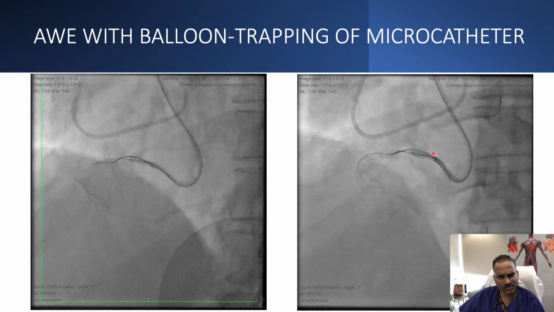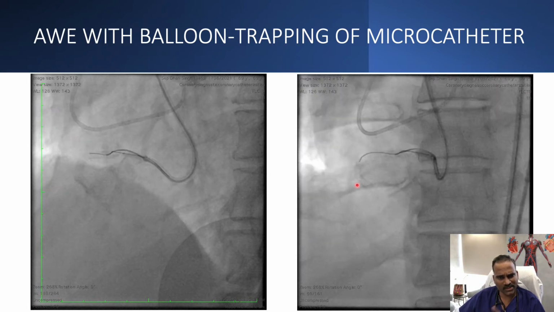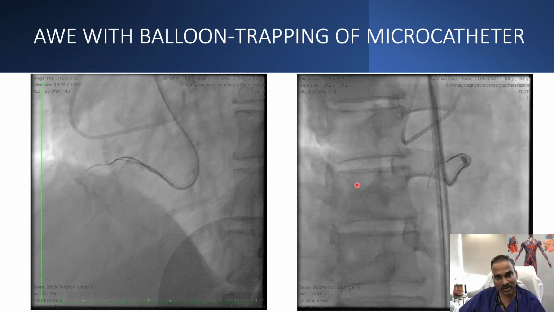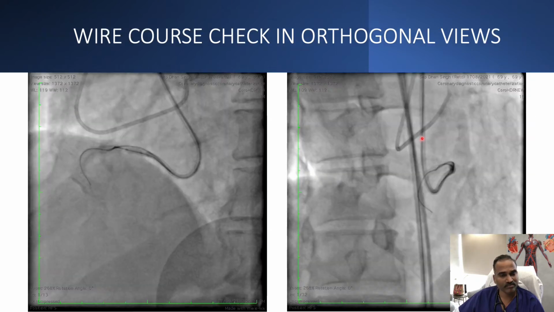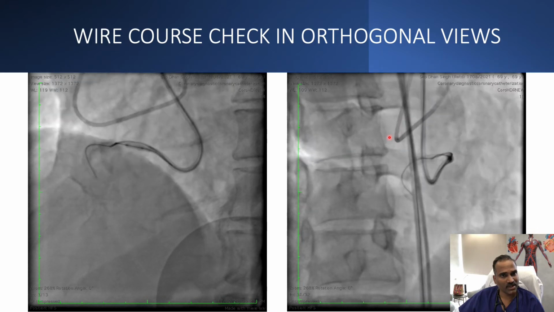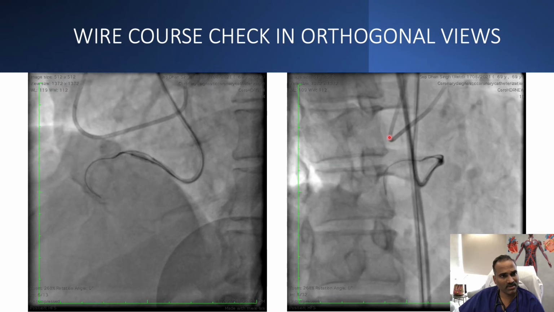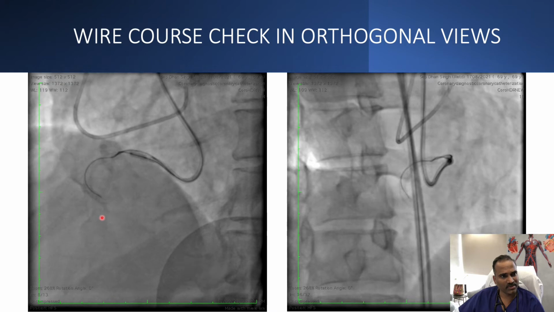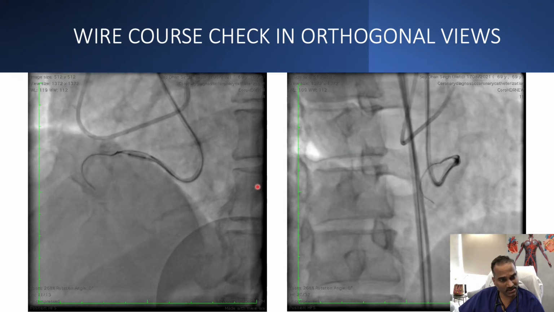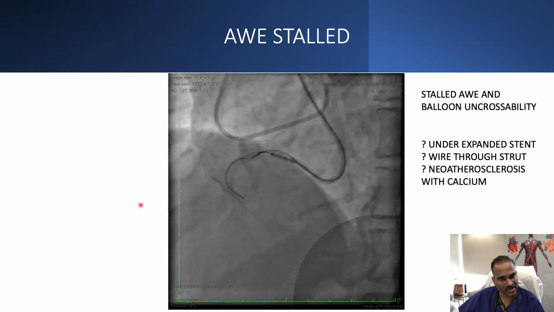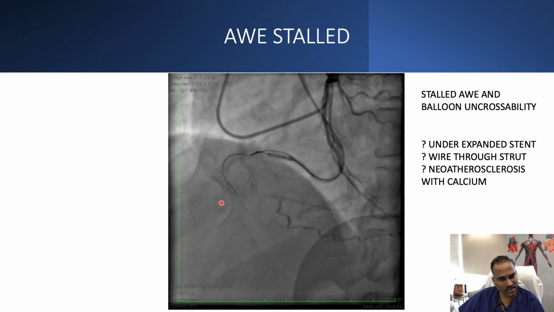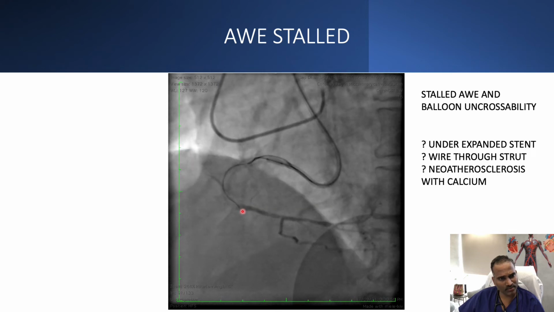angled views to see whether the wire is within the struts in all the angles, or is it going out of the struts. It appeared it is within the struts in all the views, all the angles. So we are checking in all orthogonal views for wire position. I was convinced, but beyond this point the wire was not advancing, so it stuck at this point. Angiographically the wire actually reached the distal true lumen at this point, so it was supposed to go freely, but it's